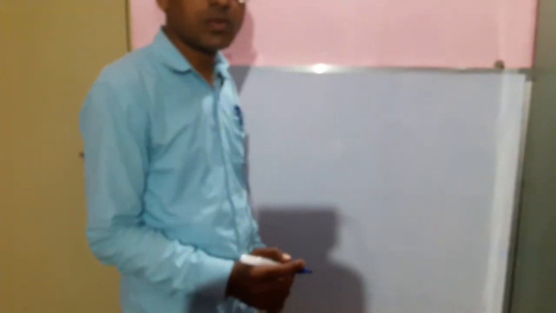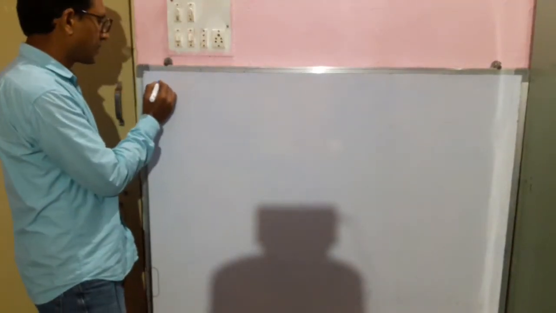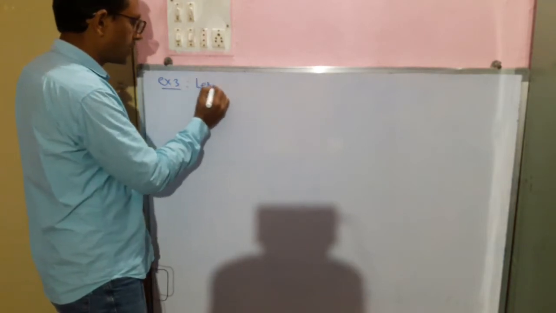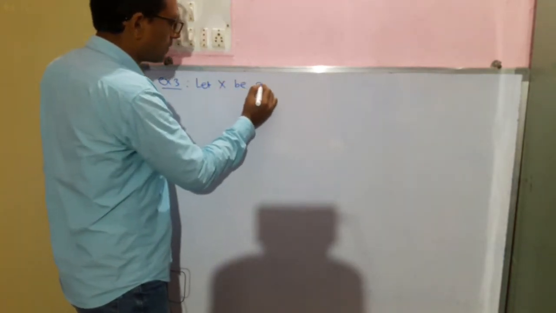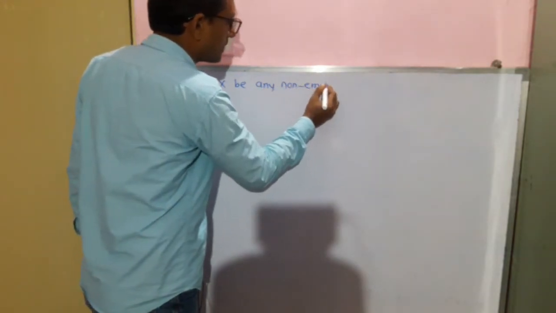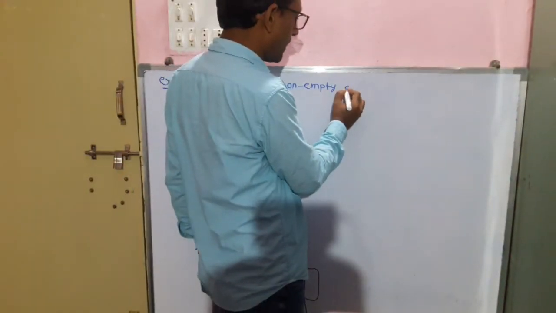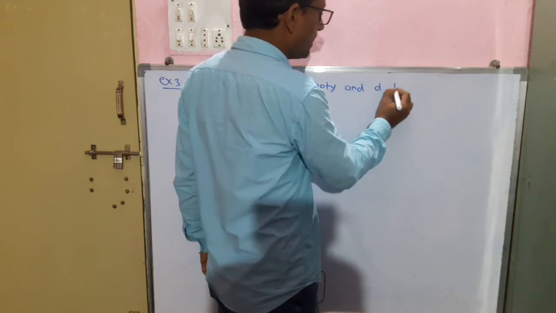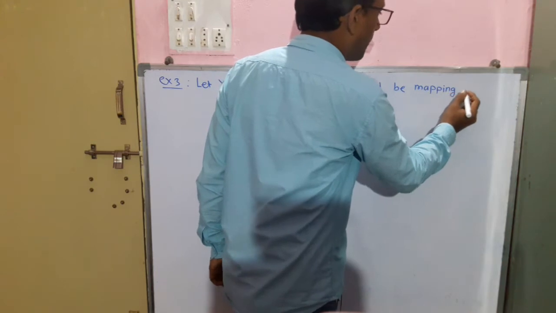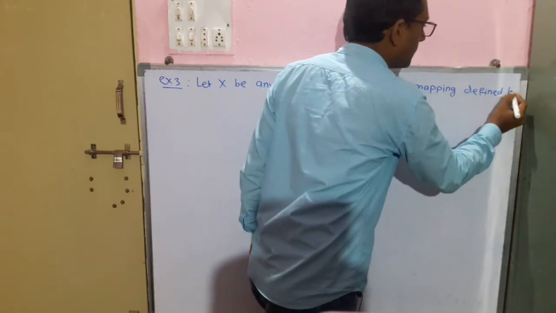So I take here one more example of the metric space. Example number 3. Let X be a non-empty set and D be a mapping defined by